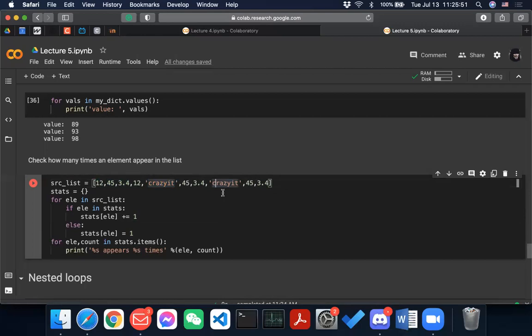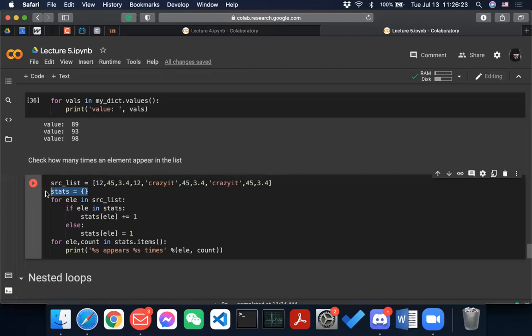And then you have a dictionary, right? And this is a good use case for a dictionary. It is like counting how many times something is there. So for element in the source list, SRC list, if the element is in the dictionary, it basically means that the entry already exists, right?